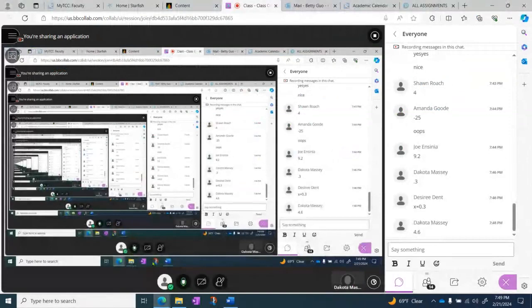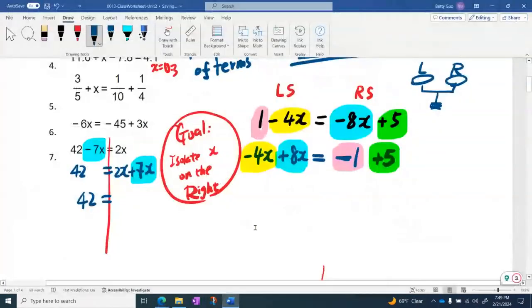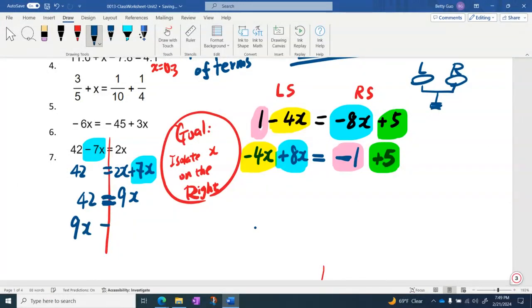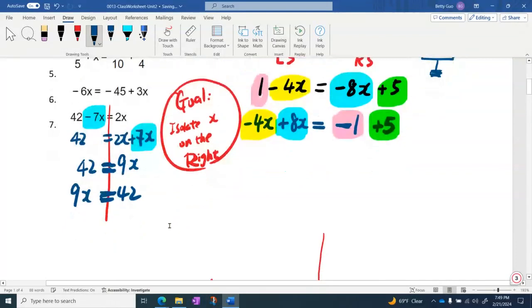Yeah, 9x. And then we isolate x on the right side, and we avoid having a negative sign, right? If you don't feel comfortable at this point, right after this step, you can switch the side. If 42 equals 9x, then 9x equals 42. It really depends on how comfortable you feel with this type of question. And then we divide each side by 9. We have x equals